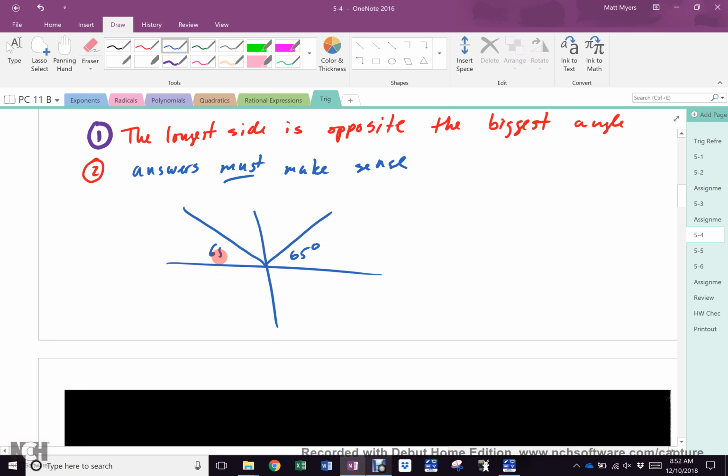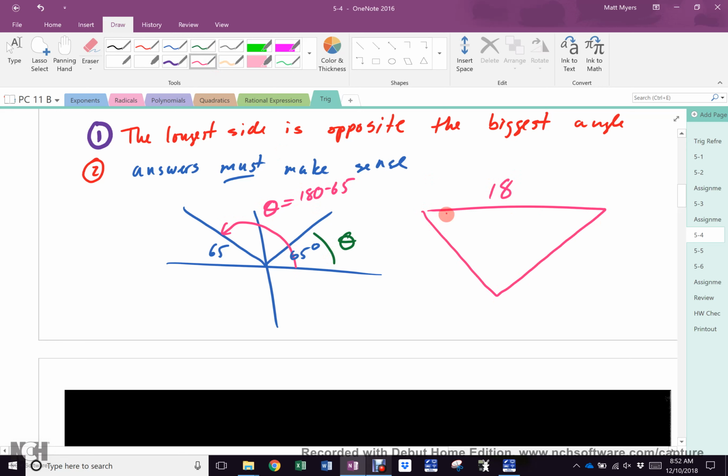This is also 65. So if this theta is 65, if that's theta and it's 65, what is that theta? 180 minus 65, right? Now, if I did this triangle,